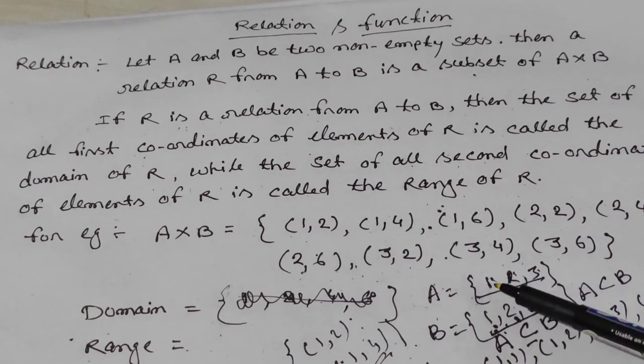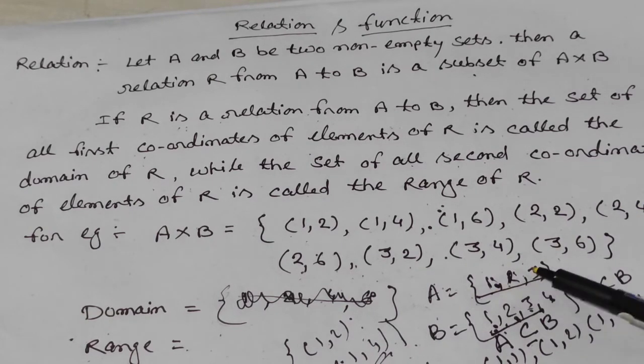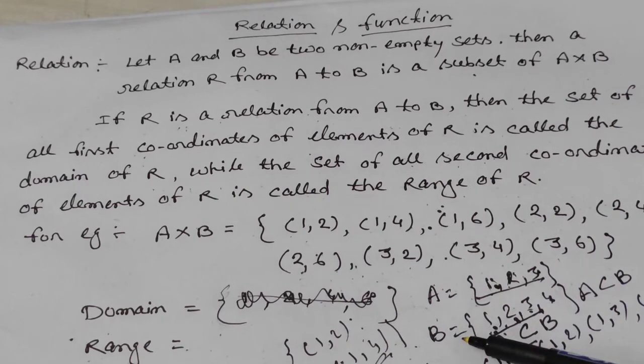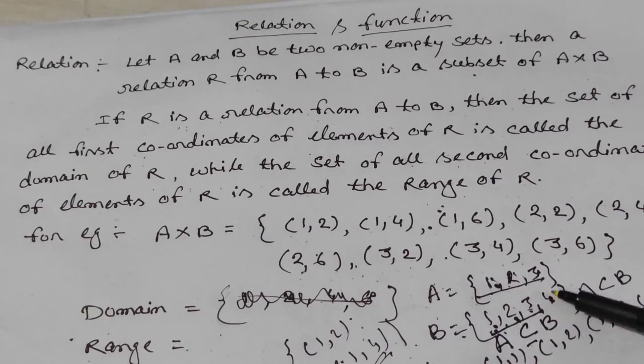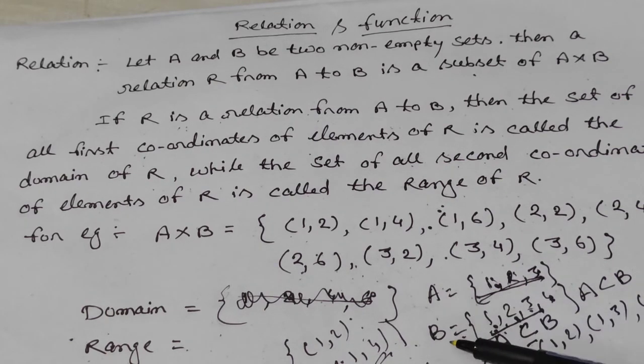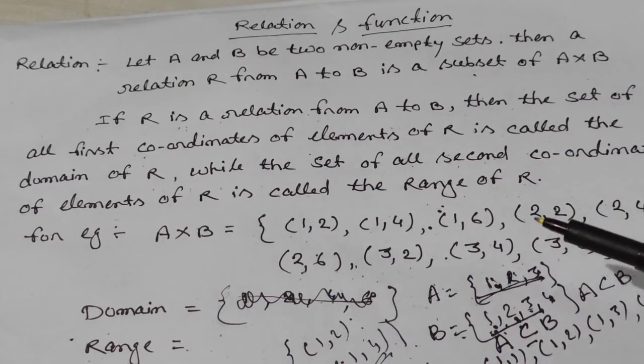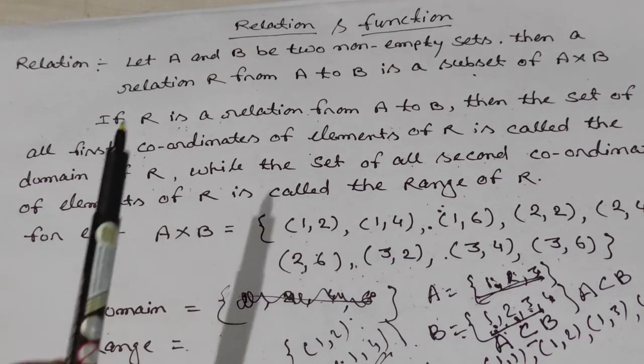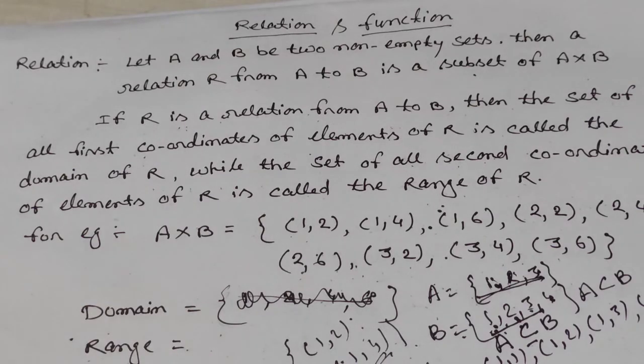Here you can see that the elements of set A are 1, 2, 3 and the elements of set B are 1, 2, 3, 4. So every element of set A is present in B, and we say that A is a subset of B. So these two terms are very important. Then we will be able to understand what is relation. In a relation there are two non-empty sets, that means sets having at least one element, so it is not a null set.